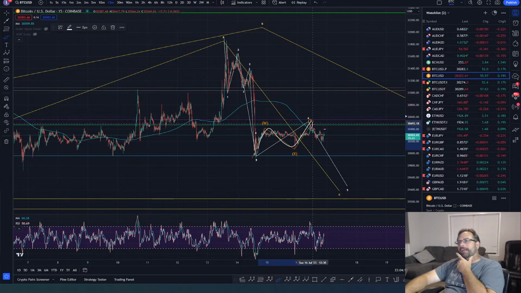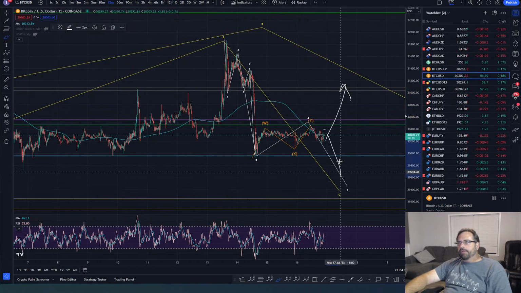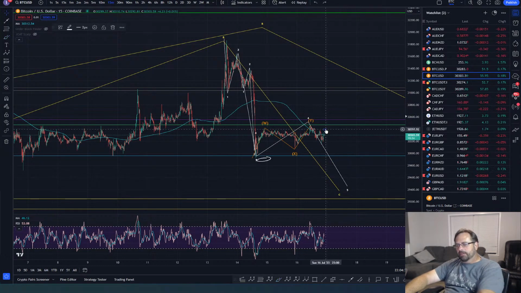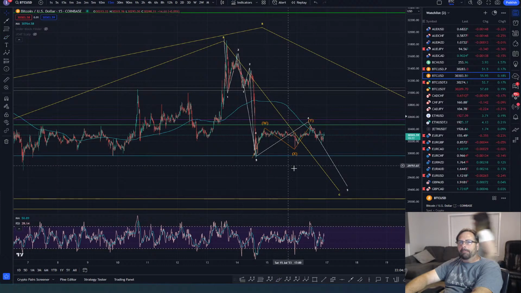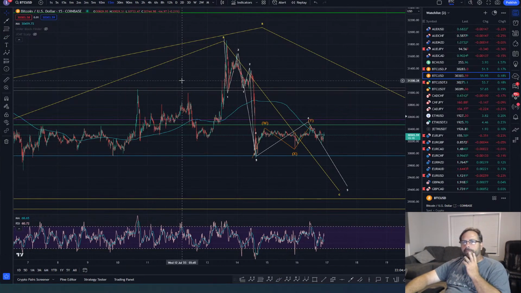So if that's 3 waves, is that 3 waves or not? Or is this a 1, 2? Is that a wave 1? And now we got another wave 2, and now we're going up. So the question is, is price from here going to go up, or is it going to go down? Well, it's going to go one of those ways, right? But is there any way that Elliott can help us get a bias on whether that's going to go up or whether it's going to go down?